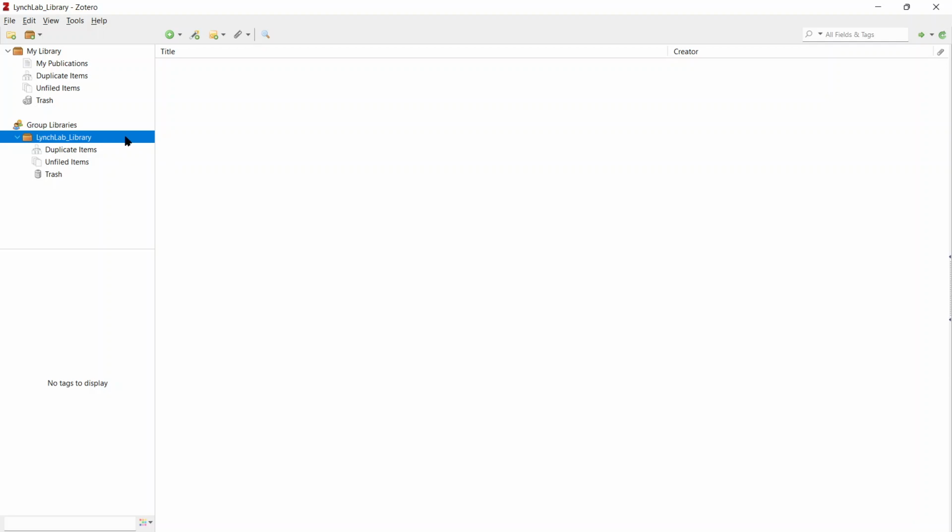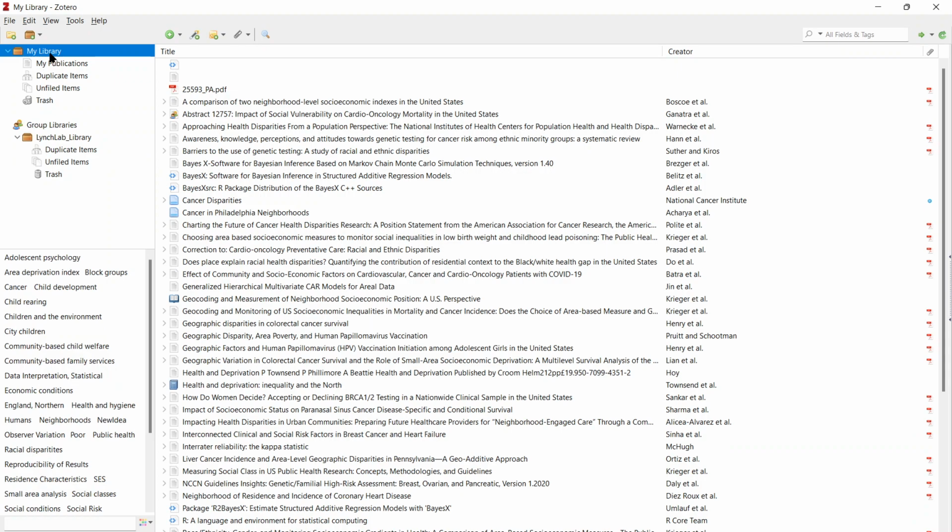We might be starting a Lynch Lab library. I started a group. You may have been invited to it. Currently there are no references in this group. Right now you can see my library is here, and I can show you a little bit about how it's set up and kind of a workflow for grabbing references and storing them in here